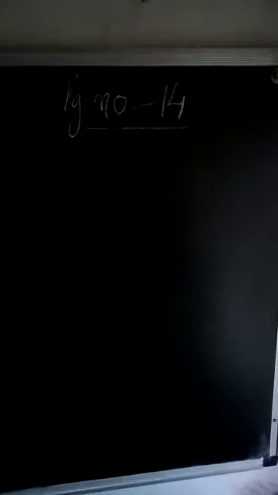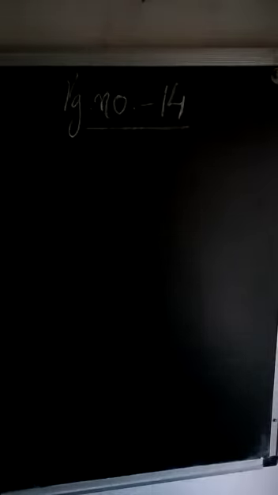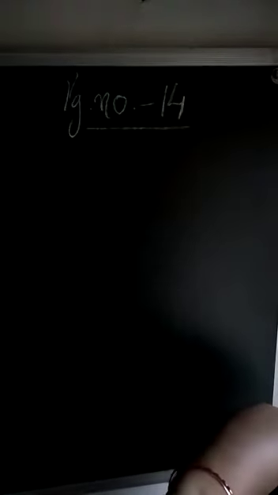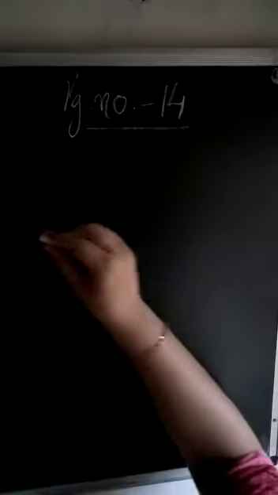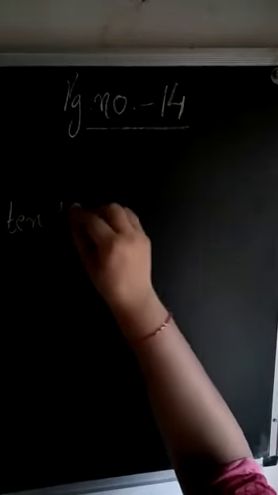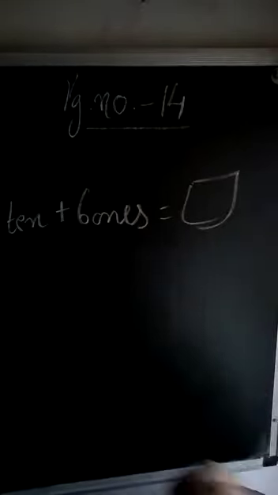It is a very necessary topic for all of you to learn. So we will learn the whole concept of this exercise or chapter. Here they had given the first sum, which we have already done, where we have to fill in the placeholder. So I will continue with the second one and the third one. The second sum is 10 plus 6 ones. They had given us the value 10 plus 6 ones, and we are supposed to write the number.